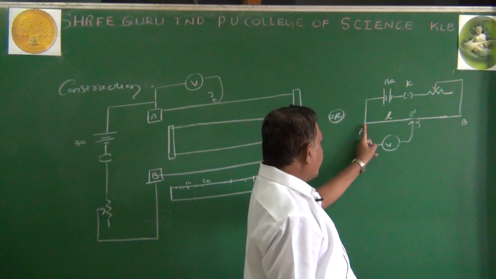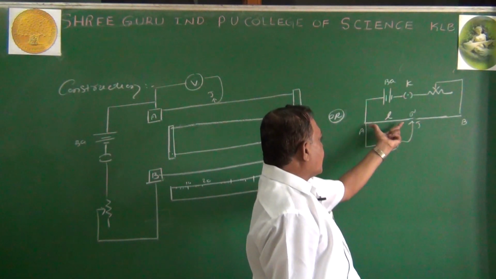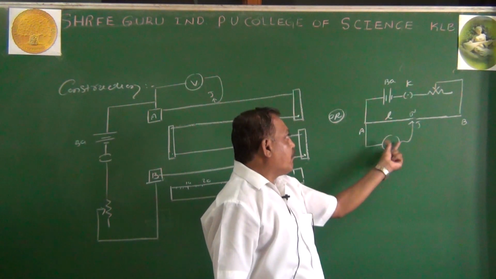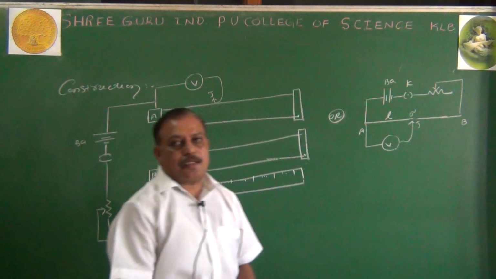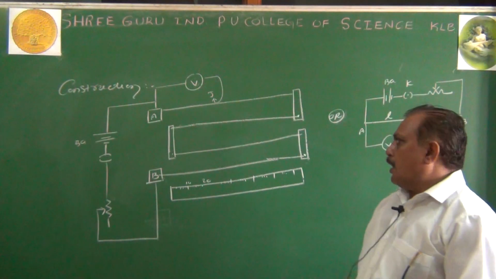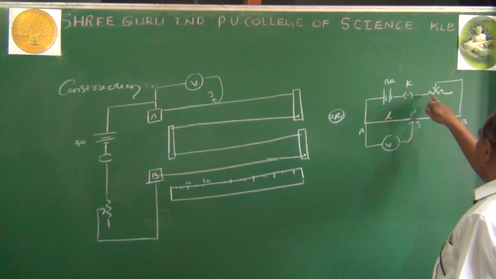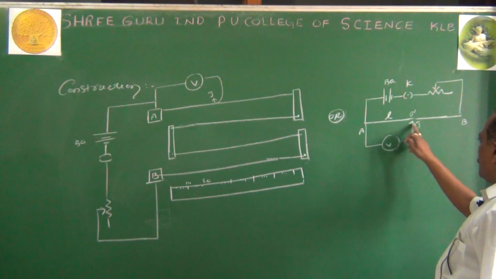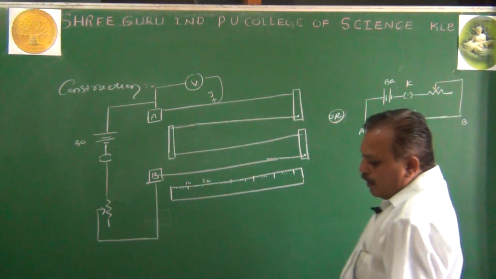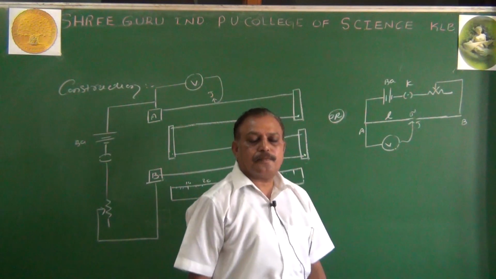So when I move from end A a certain distance along the wire, whatever length is covered, that length of the wire has its own resistance, and then it measures the potential difference V, by maintaining the constant current with the help of the rheostat. Here L is the length of the wire having its own resistance R. If the jockey slides on the wire and covers the length L, that measures the corresponding potential difference V, and capital R is the resistance of that corresponding length of wire.